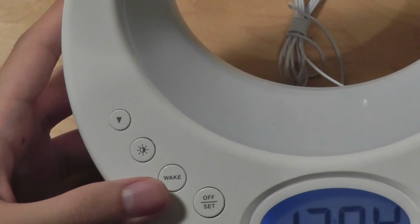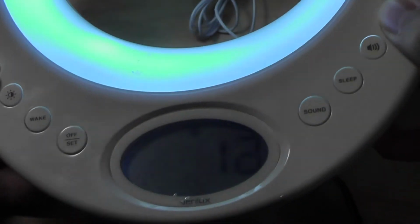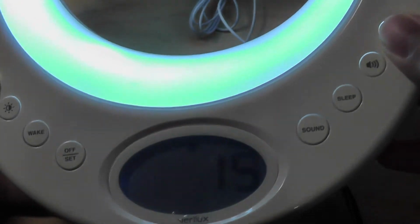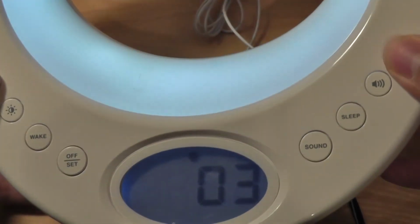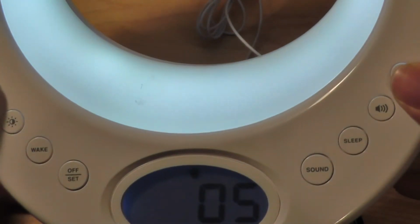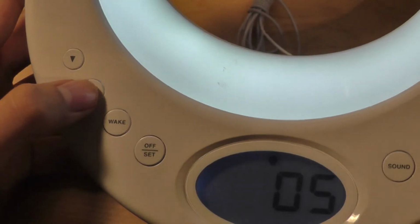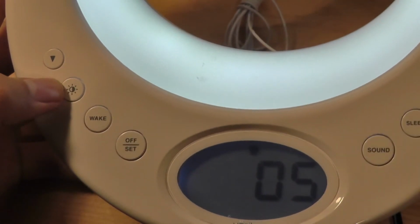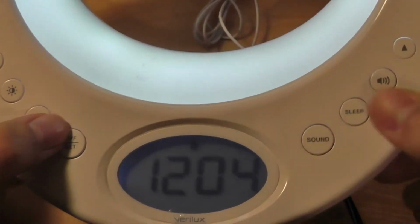Along the sides, you have access to the up and down keys for the dimming. So I can change the brightness for the actual light up to 15 and to dim it all the way back to 0. So this is an easy way for you to control the light and how much you want it to be glowed when you're waking up with it using the alarm. There's also the key over here that allows you to dim and make the actual screen here a bit brighter and dimmer. There's a wake key for setting the alarm, powering the alarm on and off,